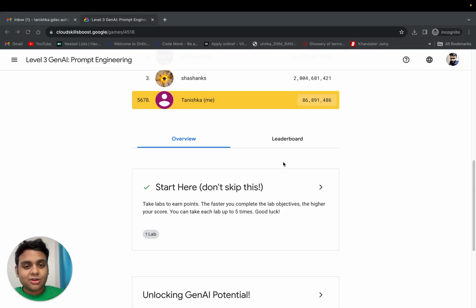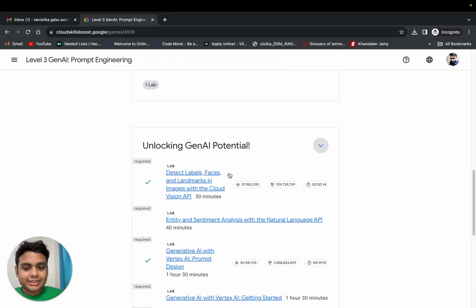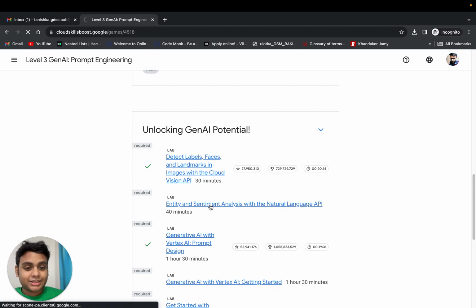Hello again. Now we're going to start with the second lab, that is entity and sentiment analysis with natural language